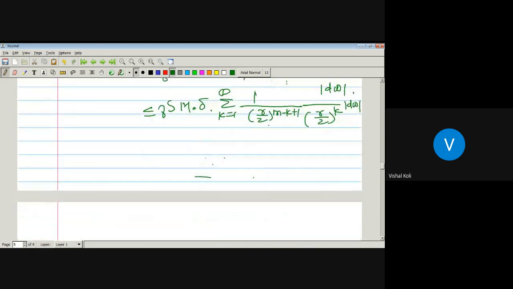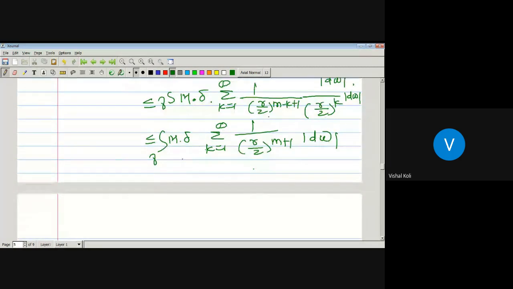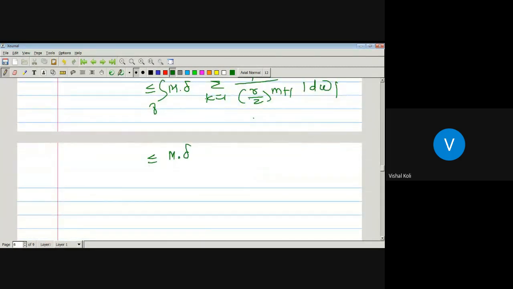So which is less equal by, take all the constant terms outside the integration, M delta. This will be also constant. That is, it is actually nothing but summation K running from 1 to infinity, 1 upon R upon 2 to the power M minus K plus 1 plus K, minus K cancel, which is M plus 1, into modulus of dW. And here somewhere we have our integration as it is. Okay, so which can be written as M into delta. This R by 2 to the power M plus 1 is nothing but 2 by R to the power M plus 1, and integral over the curve gamma of